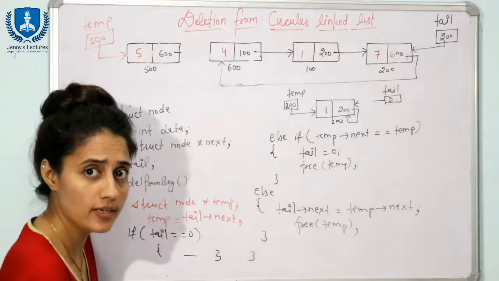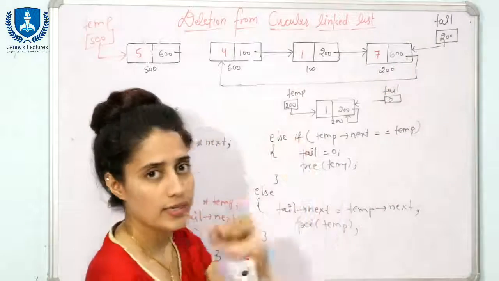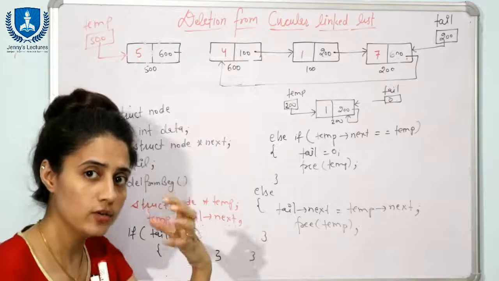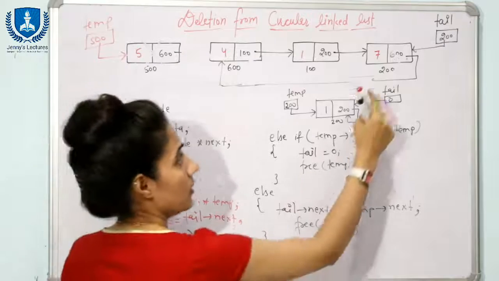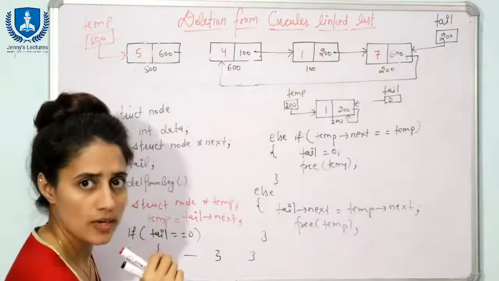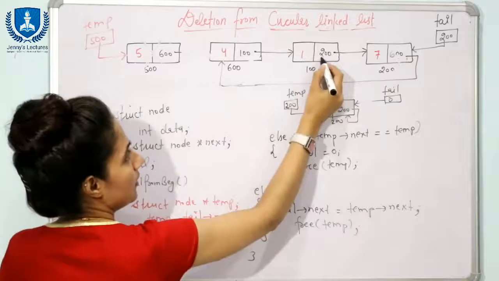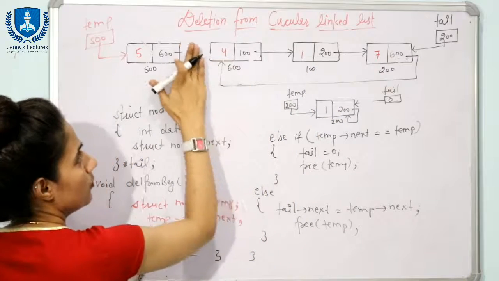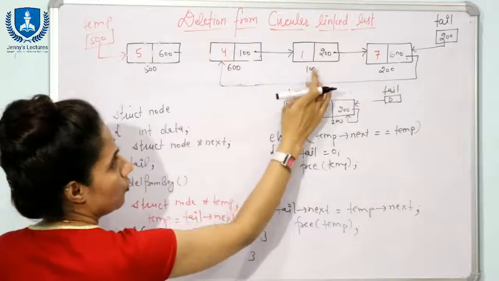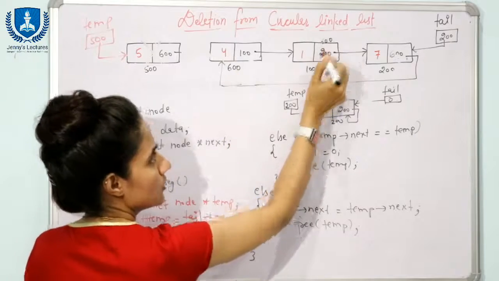Now we will see how to delete data from the end of the list. Now this node I want to delete, right? Now you need to update only 2 things here also. See, if you have deleted this node, in that case this would be the last node of the list. Now here you will store what? Address of the first node. Now suppose we have only this list, only 3 nodes are there. So here I want to store 600, right?